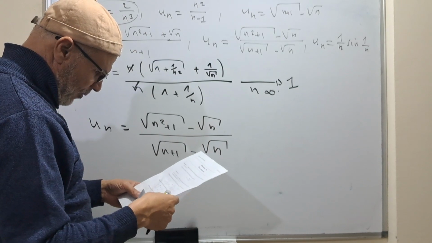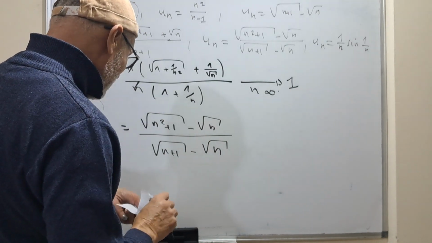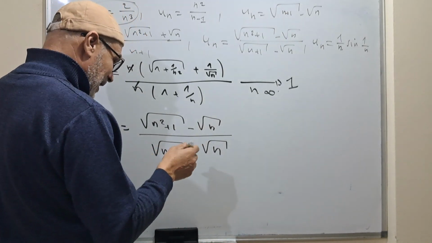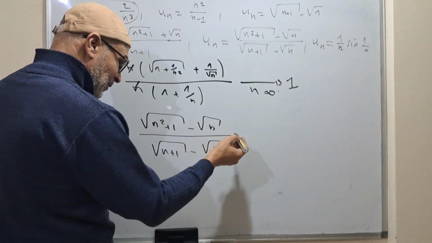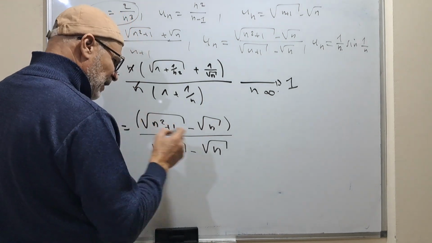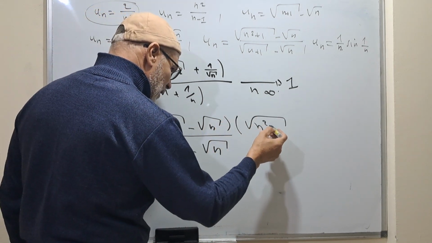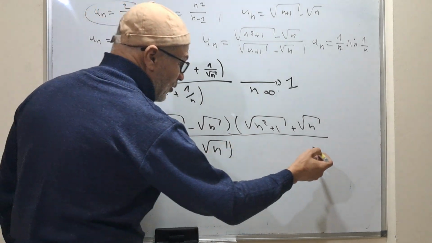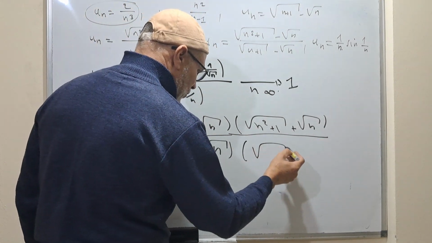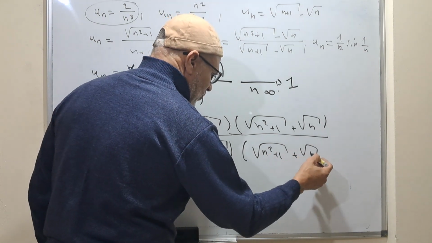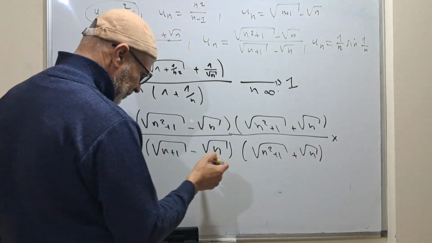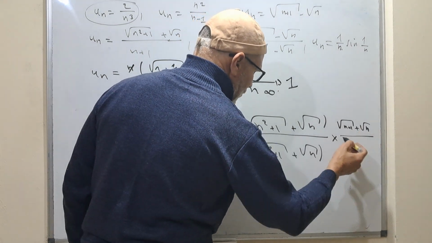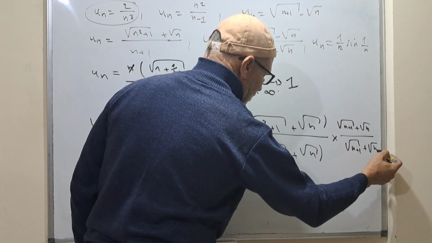In this case, we can, for example, multiply by the square root of n square plus 1 plus the square root of n over the square root of n square plus 1 plus the square root of n, times the conjugate of this one, which is the square root of n plus 1 plus the square root of n over the square root of n plus 1 plus the square root of n,